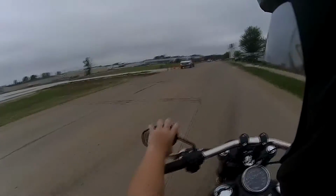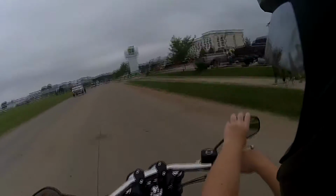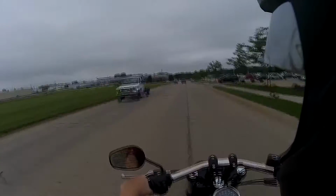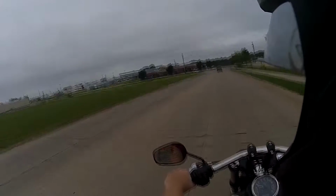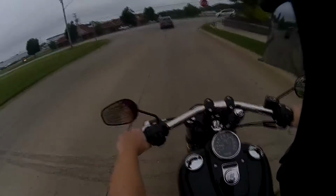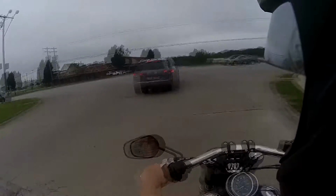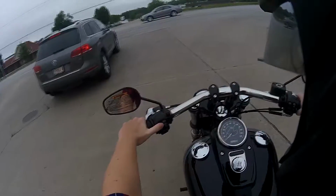And the handlebars feel better, more natural. Definitely a better seat. Better seat. The forward controls are weird. Oh my, this one has the dual fronts, so I'm sure she's gonna bite a little bit better. Let's put her in